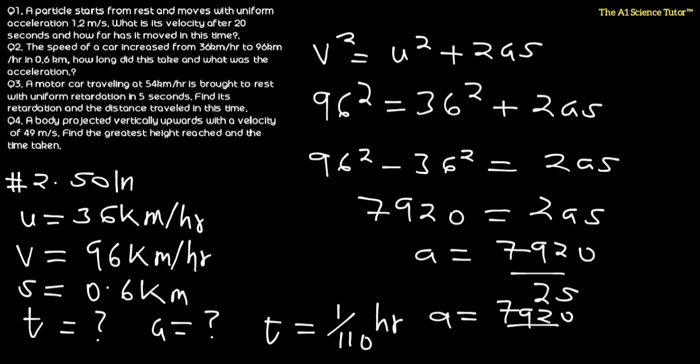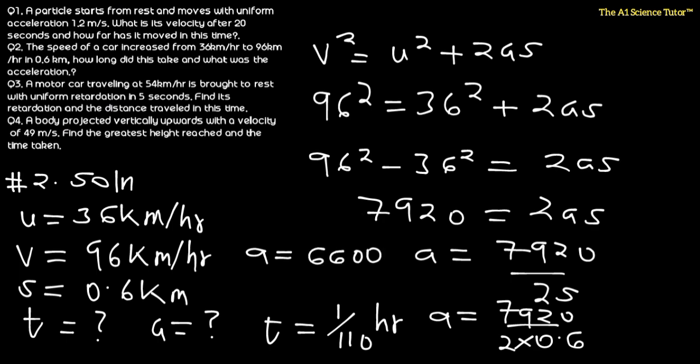So we are going to write that there. This will be 2 times 0.6 kilometers. So that is going to be 7920 divided by 2 multiplied by 0.6. So this is 6600. So a, the acceleration, is 6600